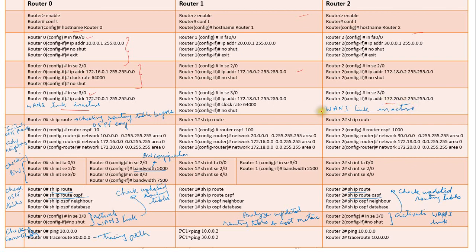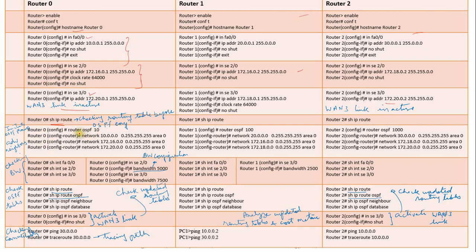Now after configuring these IP addresses, we are going to check the routing tables for the routers without the configuration of OSPF. So we are going to check first of all the routing table before the OSPF configuration, and we'll find in these routing tables only the availability of the directly connected networks. Now these are the OSPF configuration commands.